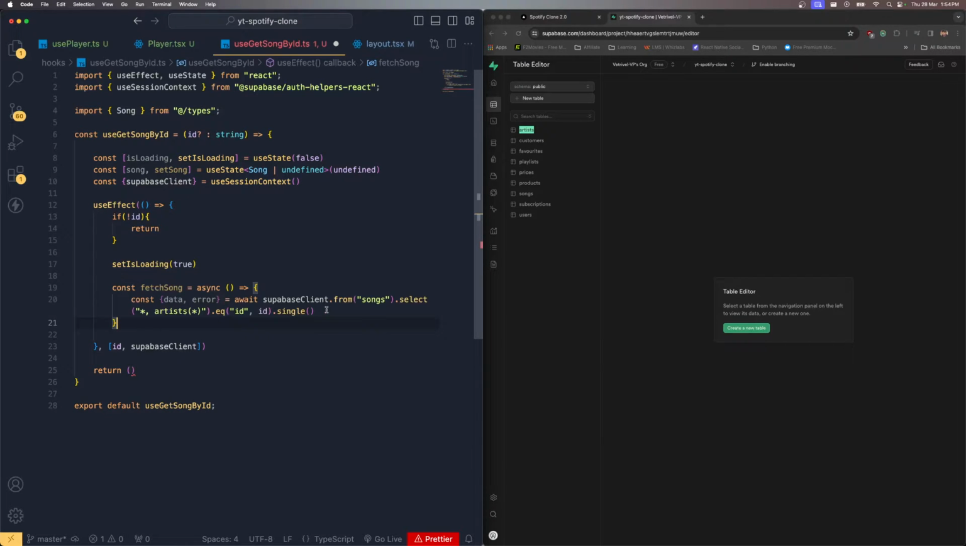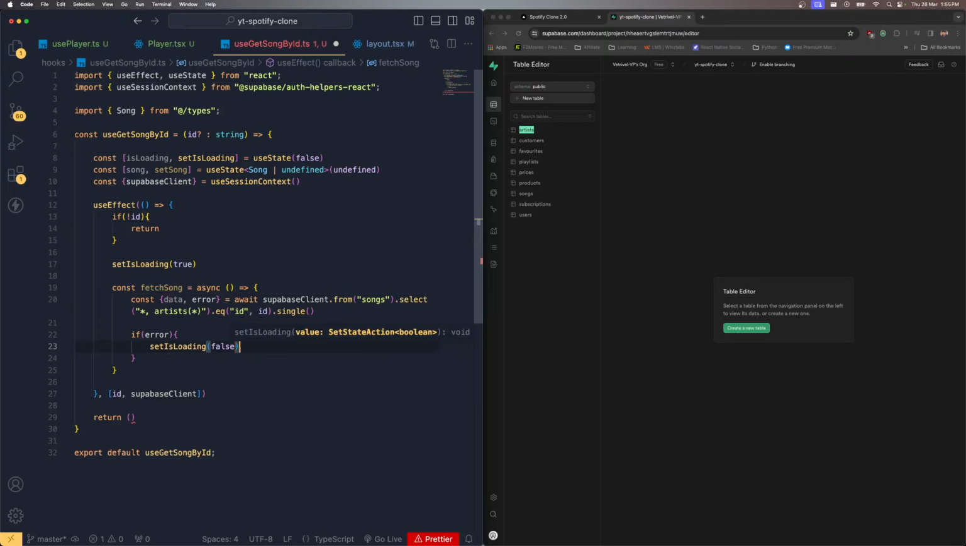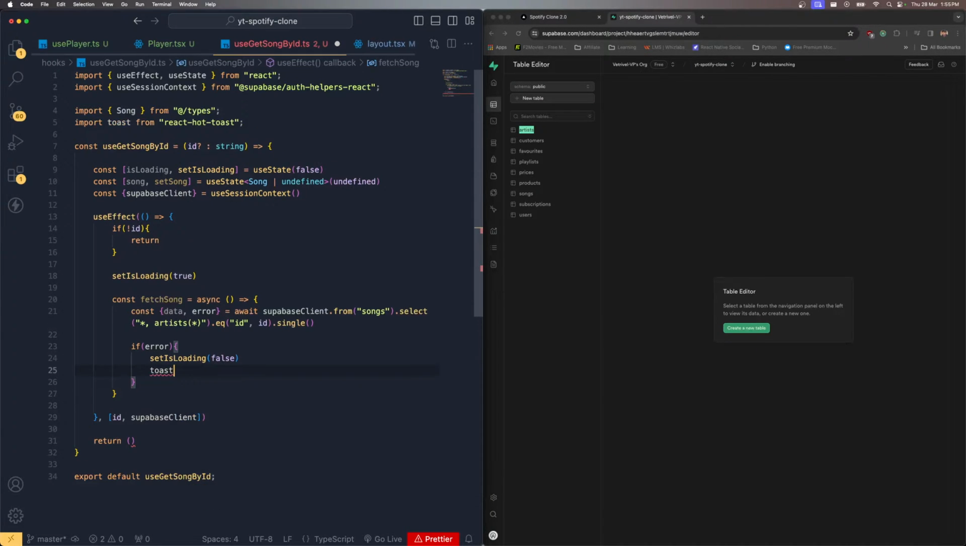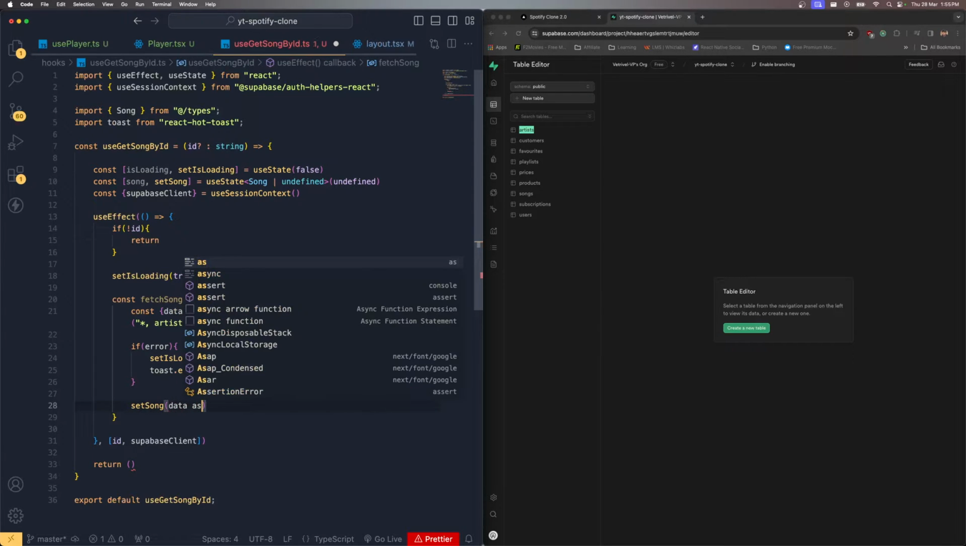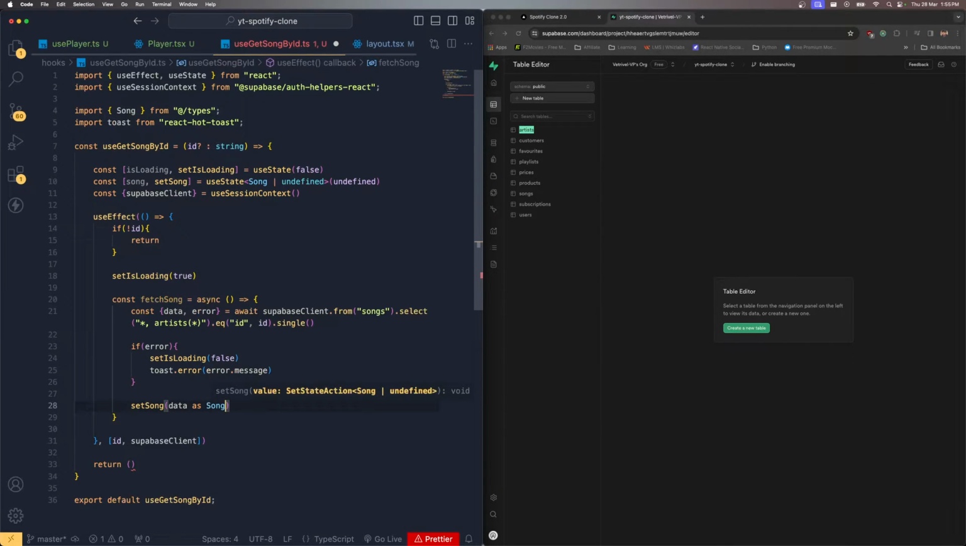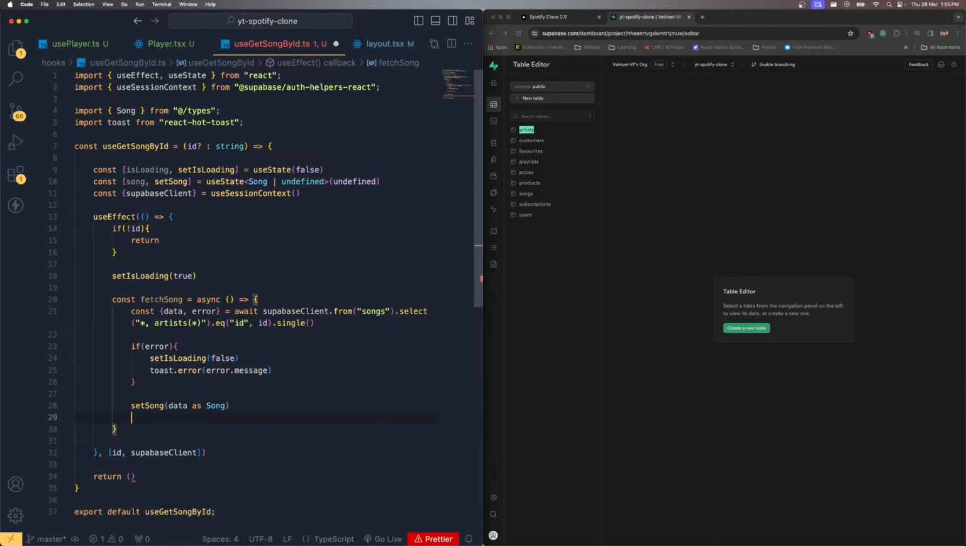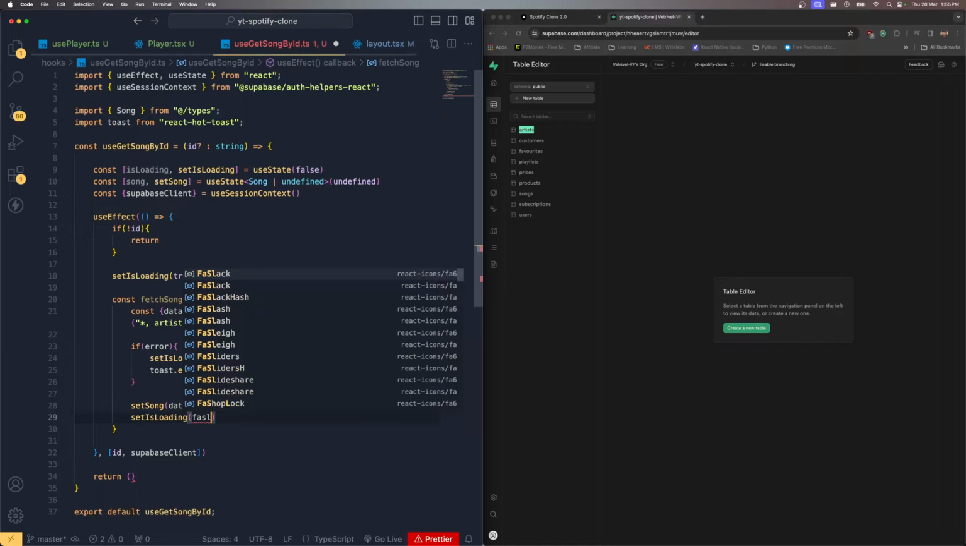So here, this is the place where we are fetching the single song's information, right? So if there is an error, then what I'm going to do is just say setIsLoading as false. Then I just need to write an error: toast.error, I'm going to send that error message as an alert on the screen, right? If there is a song, then I just need to say setSong. I'm going to set the song data with the specific type as the song type. That's the song which we are fetching from our database. Then setIsLoading as false,